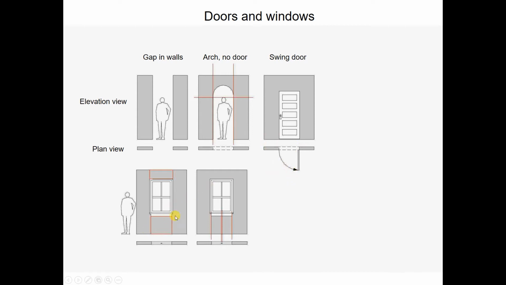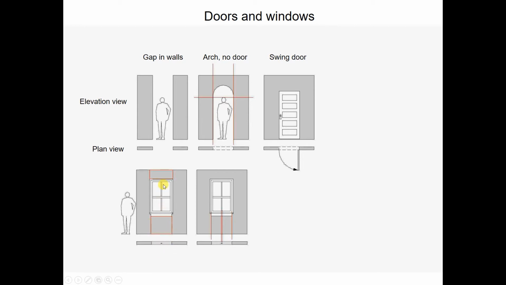And windows are pretty simple. You're probably drawing in a 1/4-inch scale ground plan, which is awfully small. So things like the little wood dividers, the muntins here that hold up the sash, the panes of glass in your window, you can indicate those on the plan view, but it's awfully hard to draw that in 1/4-inch scale because they're probably going to be pretty tiny. It's going to be a little dot of your pencil, so it's hardly worth it in that small of a